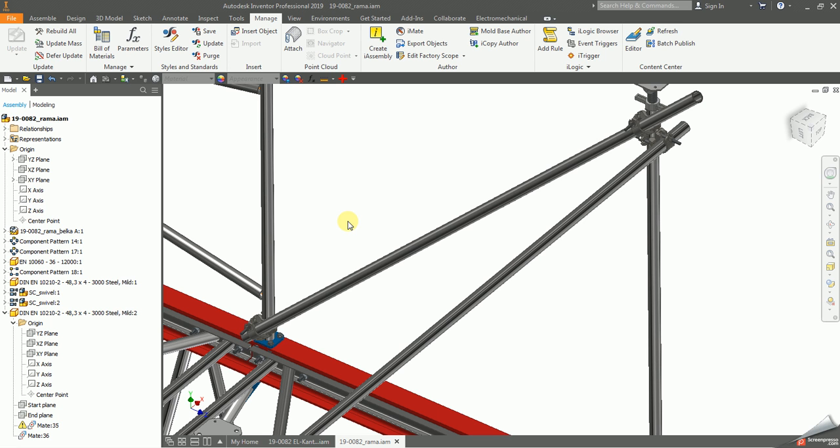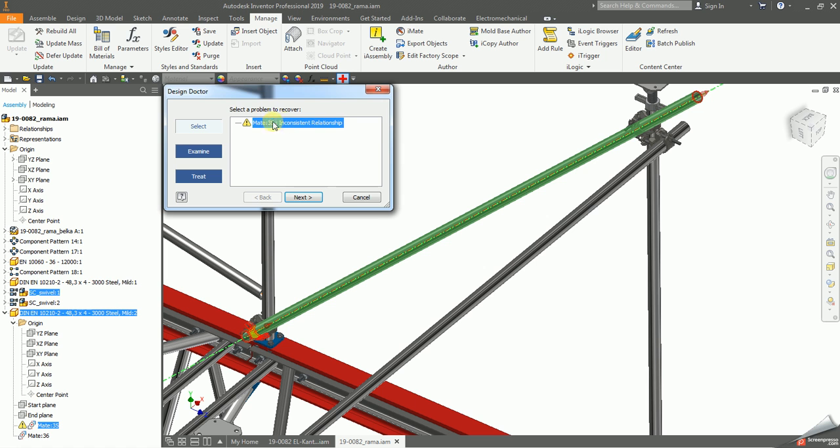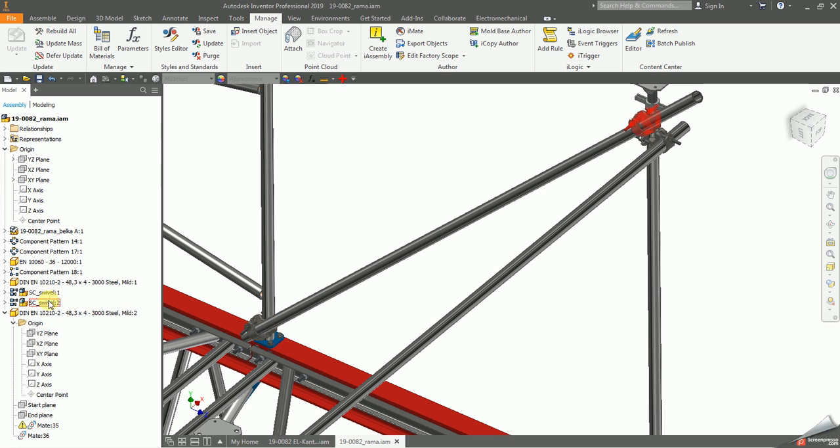Although nothing has changed, I have reduced the number of constraints, I have reduced the number of things that Inventor needs to solve. And now it brings up an error that the assembly has an inconsistent relationship. It brings up an error because these are set to be flexible and Inventor is not capable of handling flexible components. So it is a very simple, very clear example that flexibility prevents Inventor from solving the assembly, which should not be the case